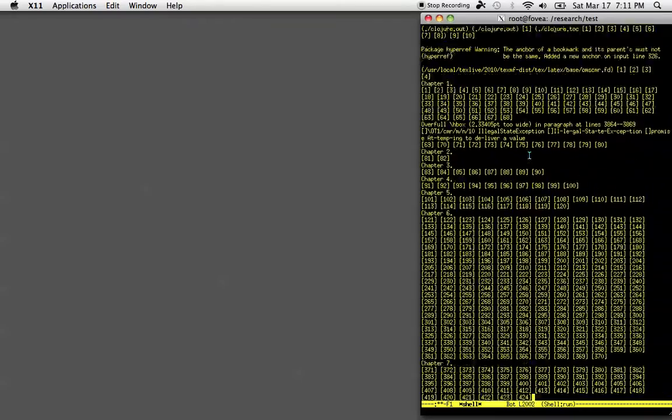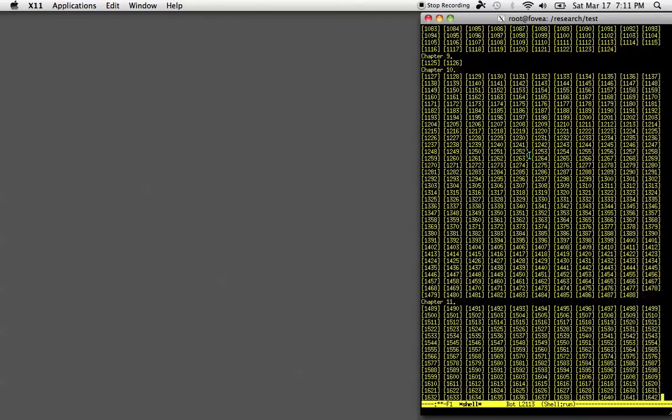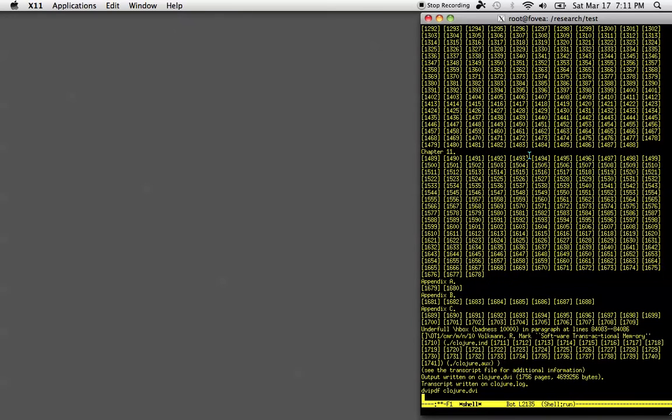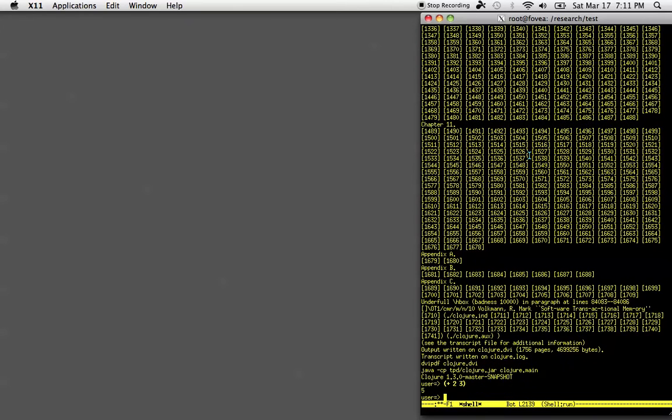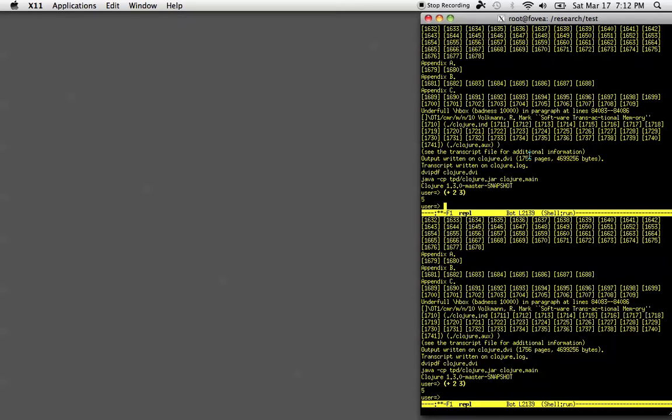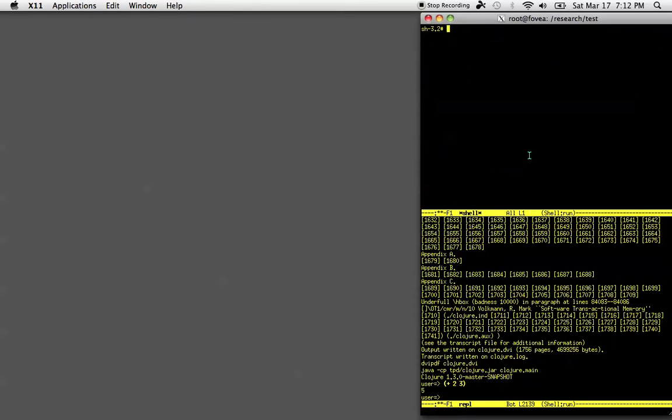This will generate a PDF file using DVI PDF. And when this completes, this will leave us in a running REPL. Let's rename this buffer to REPL, split the buffer, and so now what we'd like to do is open a shell, and you can see that we have a Clojure.pdf. So let's open that,